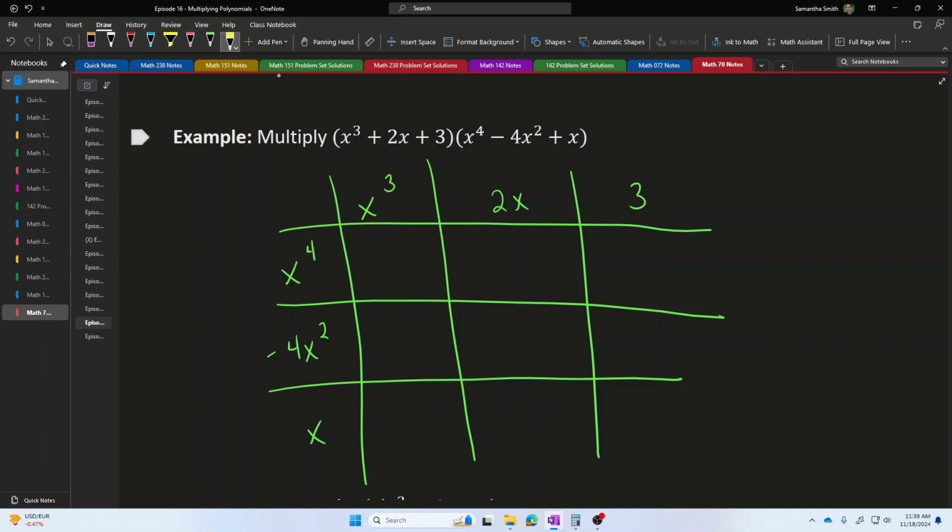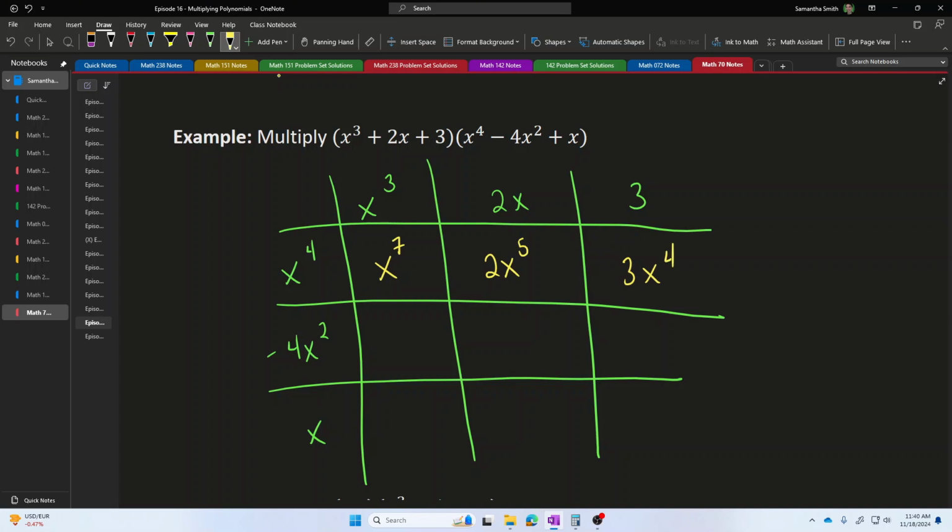So if I took these products one at a time, x to the 4th power times x to the 3rd power, 4 multiplied x's multiplied by 3 multiplied x's gives me a total of 7 multiplied x's, x to the 7th power. 2 times x times another 4 multiplied x's gives me 2 and a total of 5 multiplied x's. 3 times x to the 4th power is just 3 times x to the 4th power.